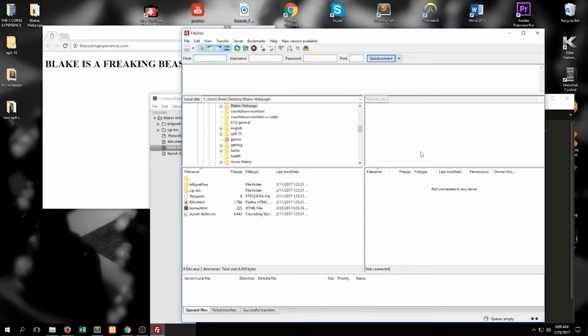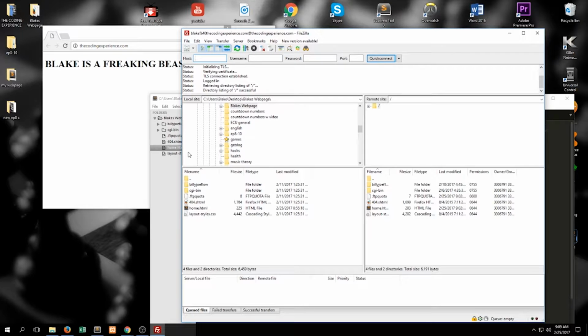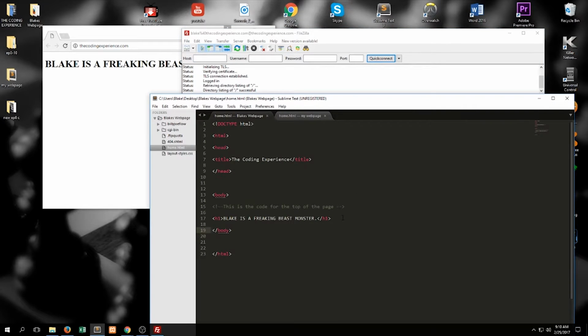So we have that link made. And then over here, if you've already signed into the FTP, which you should have, you can just click on server and reconnect, or you can just press Control-R. Now we're connected to the server. So now we have a link from the server to a folder on our desktop. So when we go to this code and we make an edit to it like such,